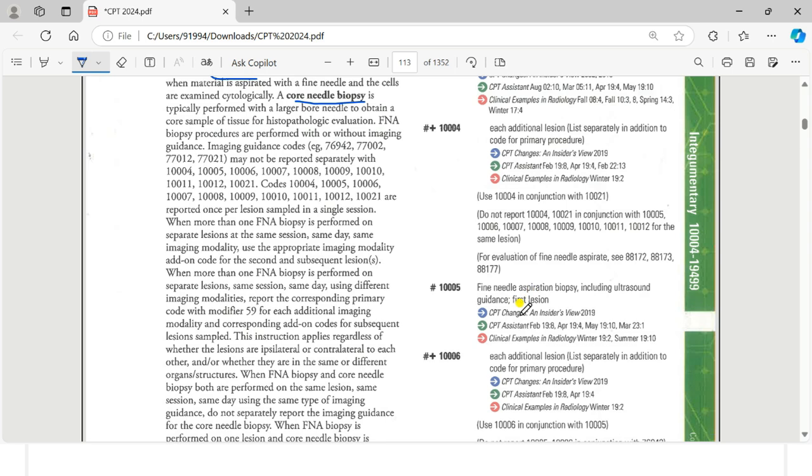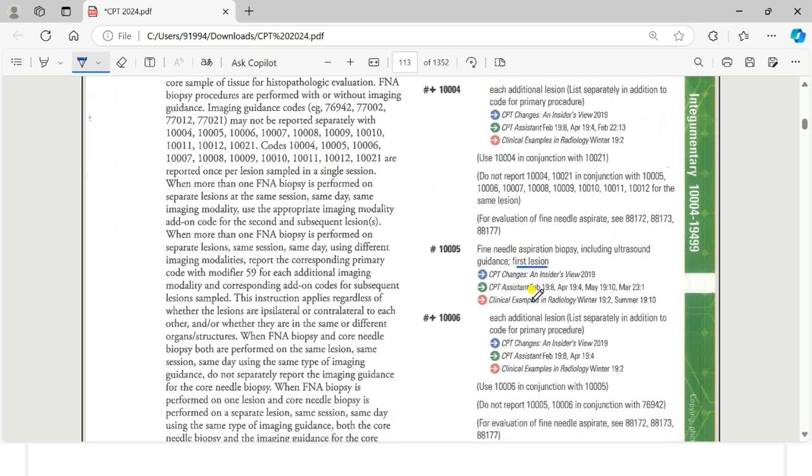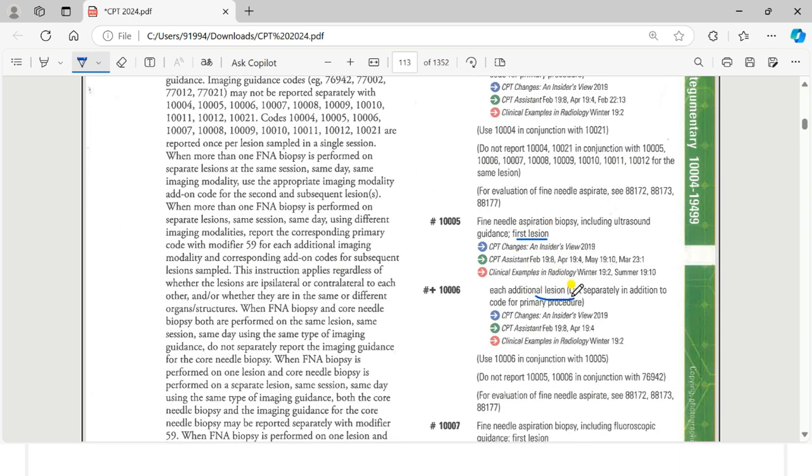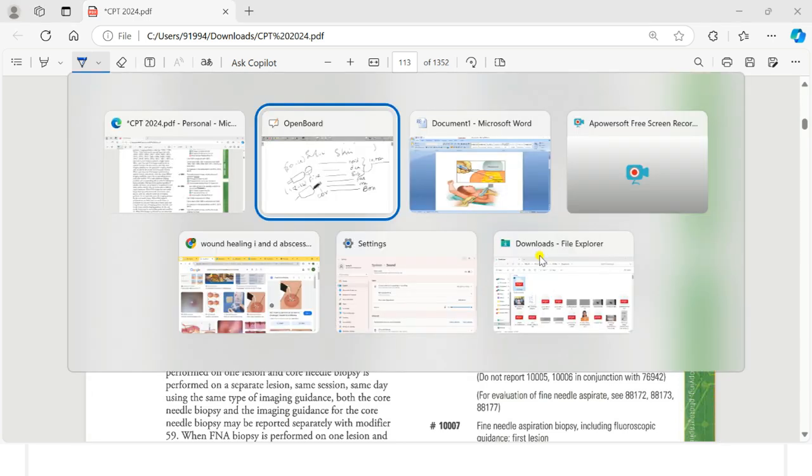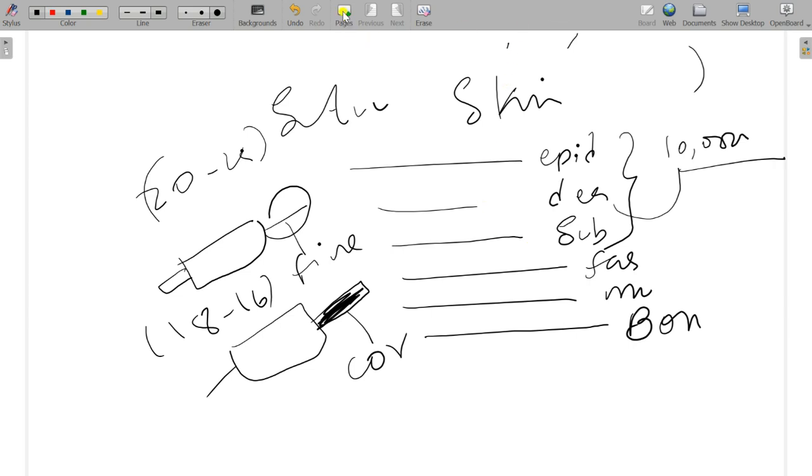And also we should check the number of lesions, how many they are removing. For example, we will see one scenario. See here, fine needle aspiration is done to a patient with the help of ultrasound guidance, and the doctor has done the fine needle aspiration for 3 lesions. So how do we code this?